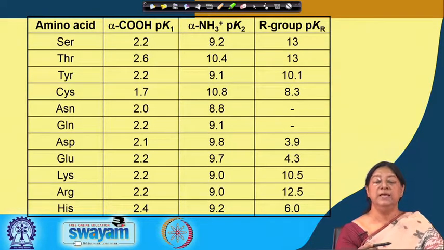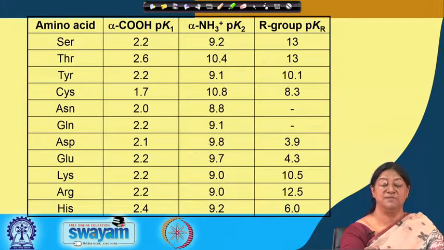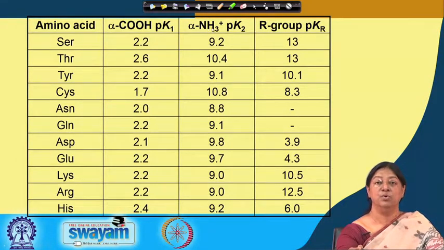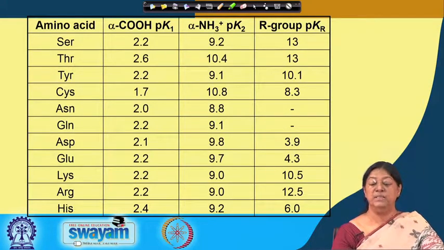What does this mean? It means that that proton can also be lost. Apart from the loss of COOH from the alpha carbon and the proton from the amino group, the protonated amino group. So, in this case, there will be a pK1, there will be a pK2, there will be a pKr. We will demonstrate how the pK1, the pK2 and the pKr help us understand how we are to determine the